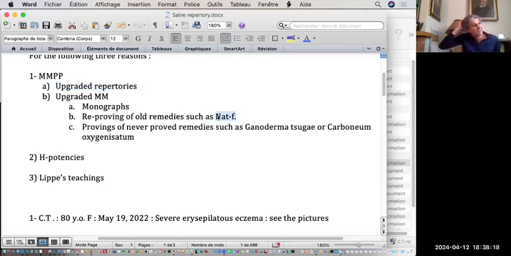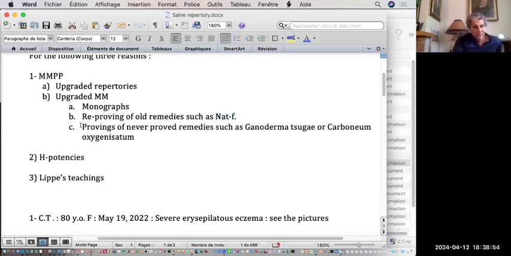Natrium fluor is a common substance that most people in big cities around the world ingest, or used to ingest when you were a child, which is sodium fluoride, which is what they put in water for fluoridation in many of the developed countries. So many people have probably been poisoned by natrium fluor in their life, if you're susceptible. So we did reprove it, and it did prove to be very, very successful in practice also. So we had a very good proving and a very good confirmation of the proving so far.